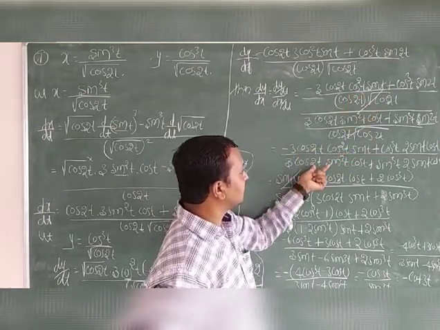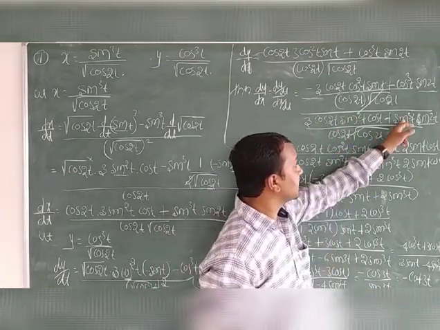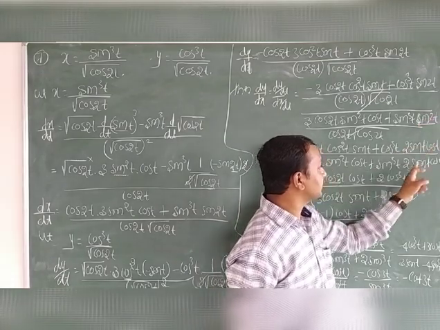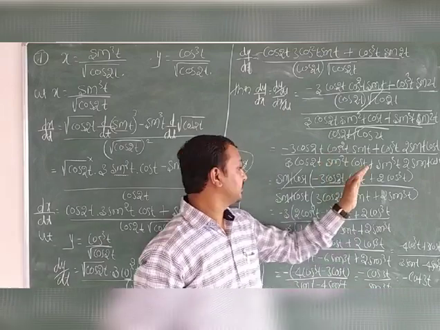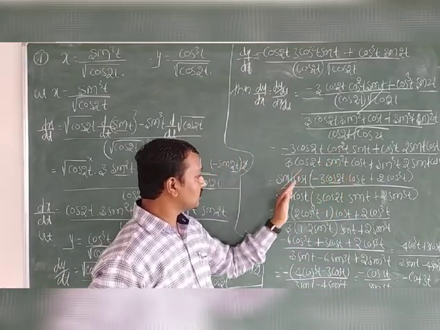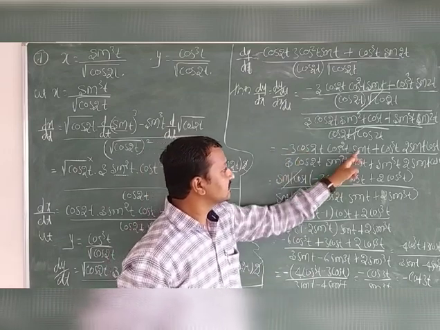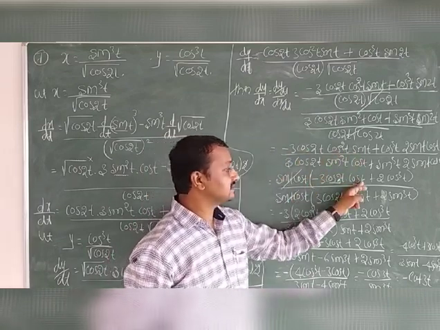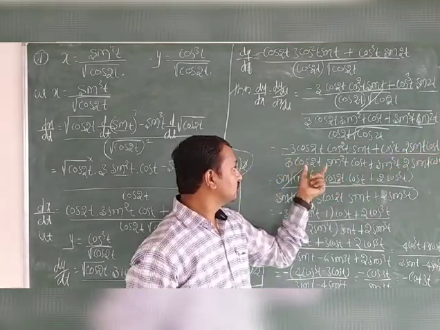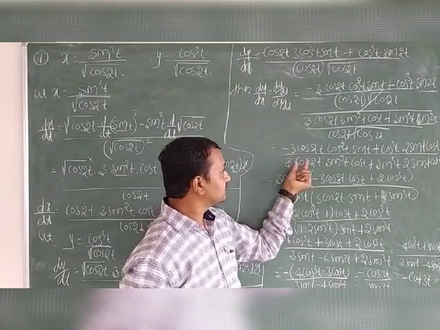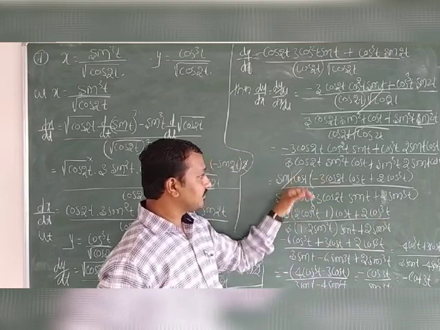So 3 cos 2t as this, sin square t as this, cos t as this, plus sin 2t as this, then sin 2t can be written as 2 sin t into cos t. Here both terms have sin t and cos t as common. Then in the numerator also we can take sin t cos t common, and sin t cos t gets cancelled. The remaining term is 3 cos t as this, plus 2 cos t. In the numerator also sin t cos t cancels, then 3 cos t as this, and here sin t is remaining.